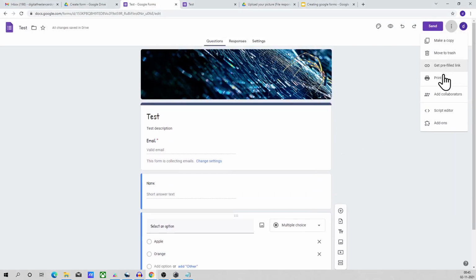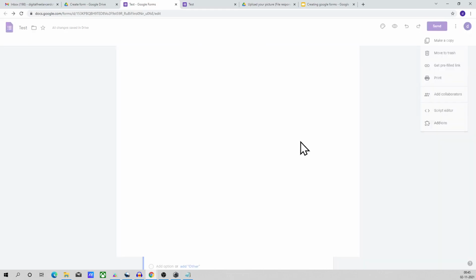So these three dots again: this makes a copy of the form. If you want to make a copy and change some things there, delete it, get the pre-filled link, print the form, add a collaborator, script editor, and add-ons. So add-ons is something like a marketplace where you can get